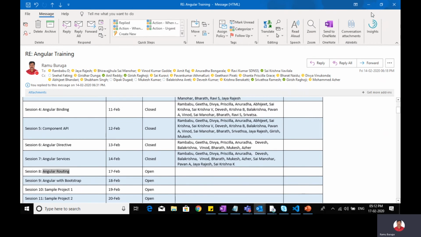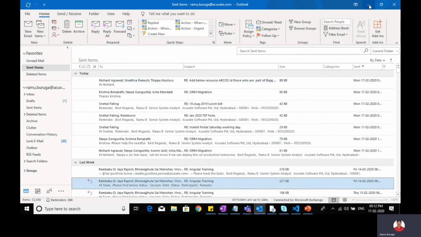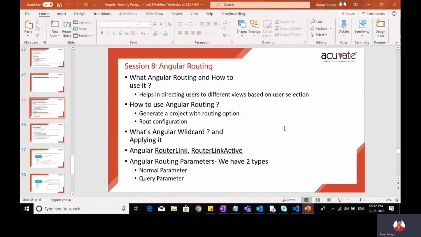So we all know what routing is and how it works, as we have seen in our general applications, like how we build the mega menu and left navigation menu.